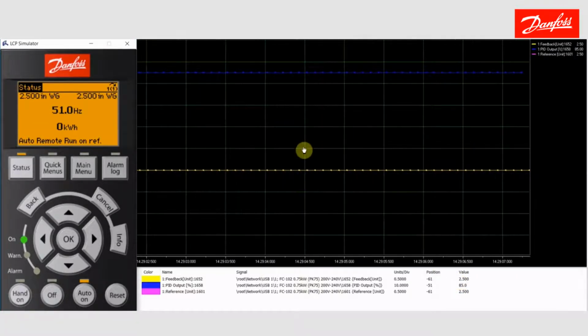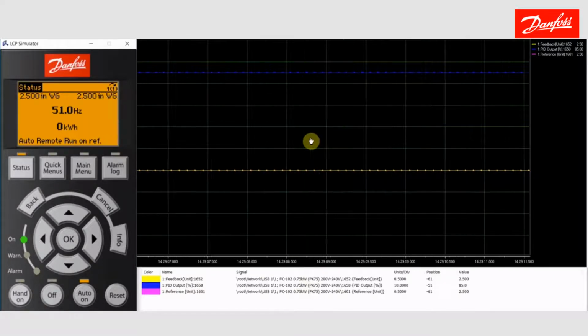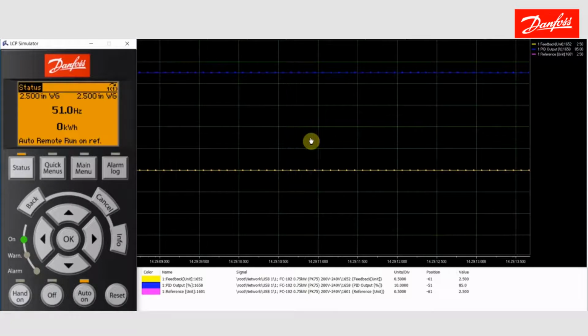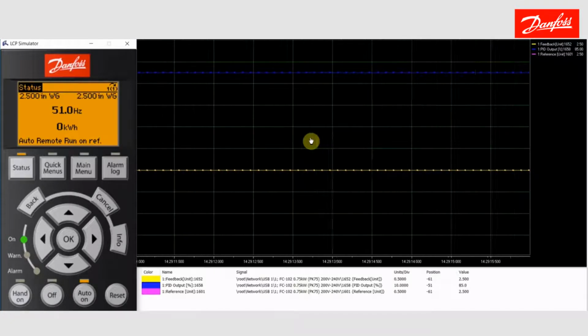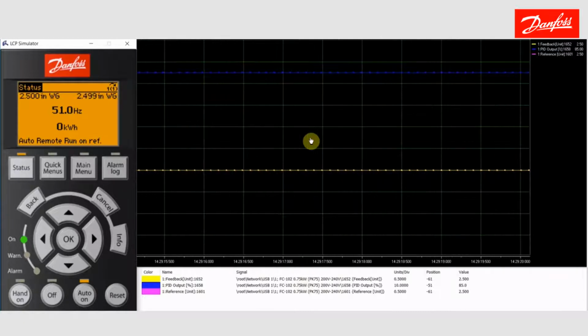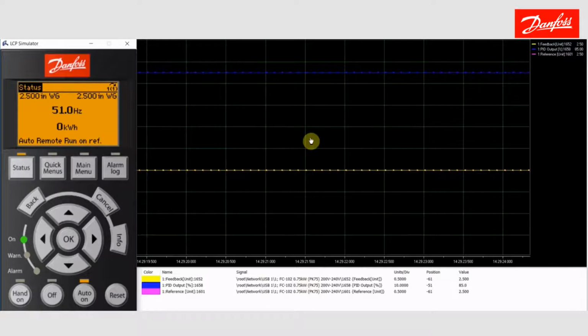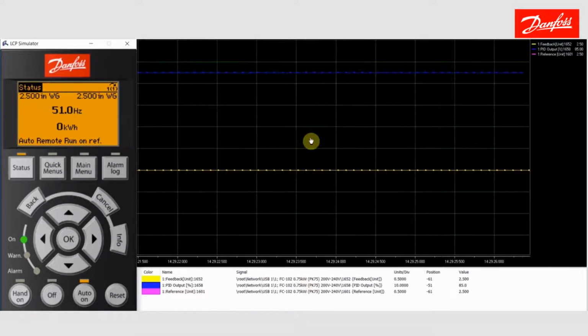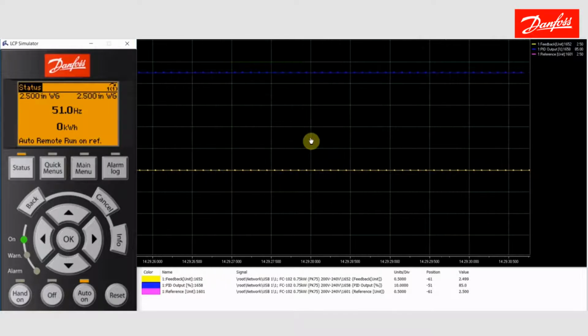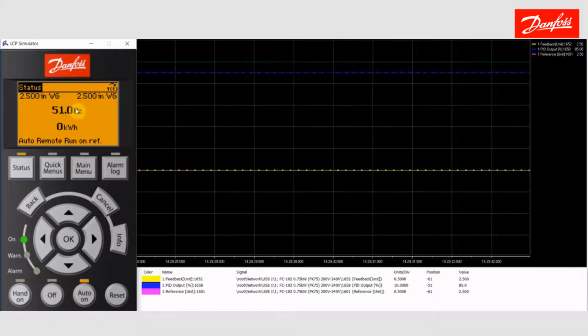So what I'm about to do here is make a small change in the system through changing a damper. So I'm going to close the damper, therefore it's going to result in an instantaneous increase in set point pressure. So once I do that, we'll see how the system responds. Like I mentioned earlier, I expect it to have a slow response time, so we're going to do that now. I'm going to go ahead and close that damper a little bit, and we're going to see over here that